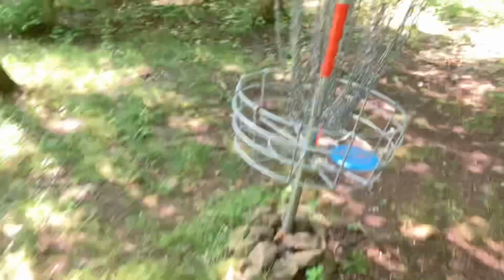Boom, right in the basket. Picking up the birdie on hole 9. And yeah, this is great. Back to even par, I think. Future Alex, let me know how wrong I am with the text. But yeah,